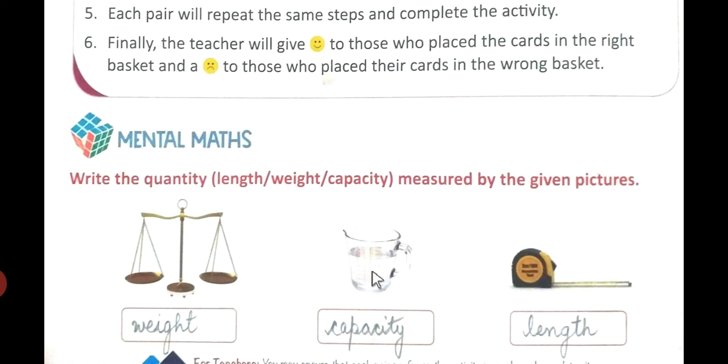A little red marks you can see here. It has been made in your books. This measures the capacity, that is, how many milliliters this cup can hold inside. So this is very important. It can come in your exams also. That is called the measuring tape, and it is used to measure length.